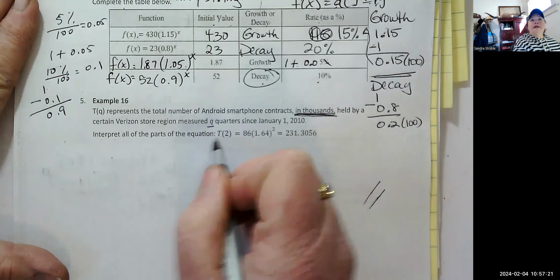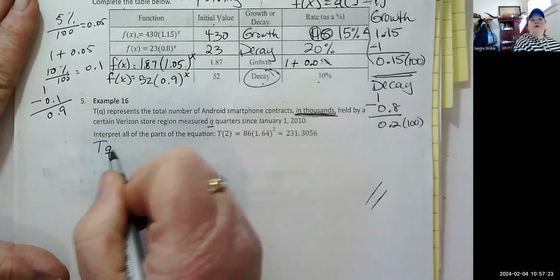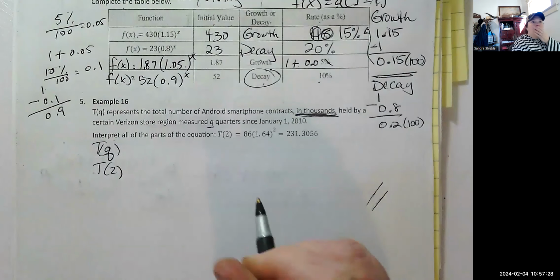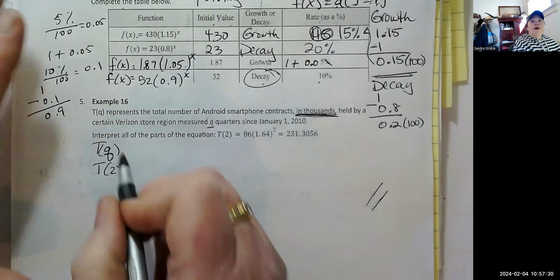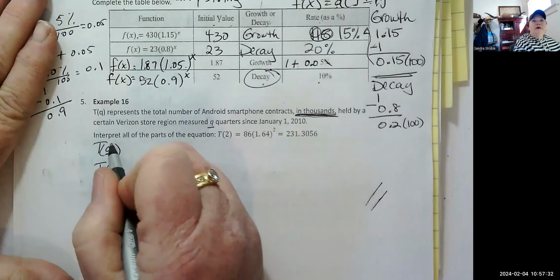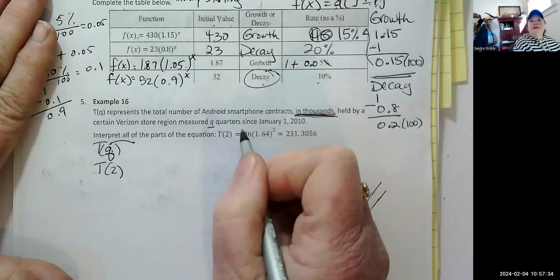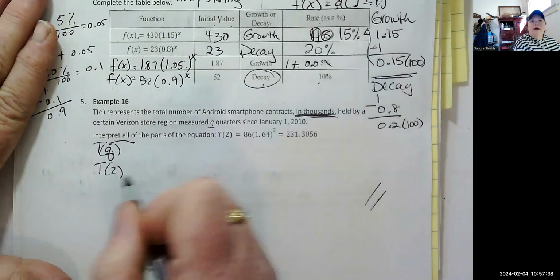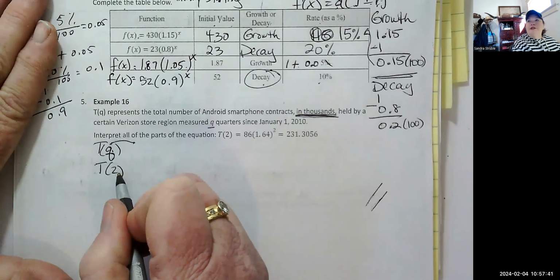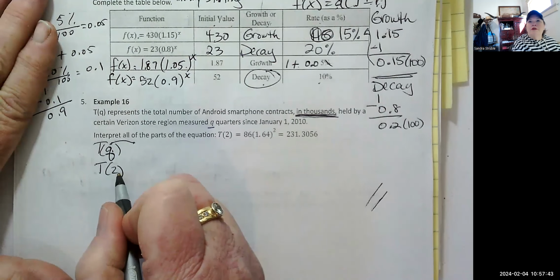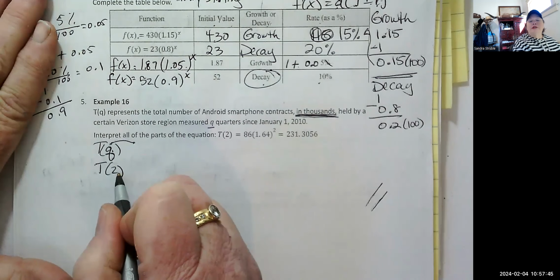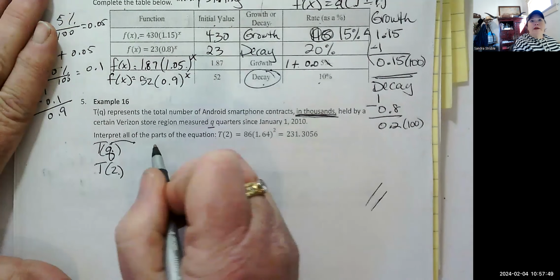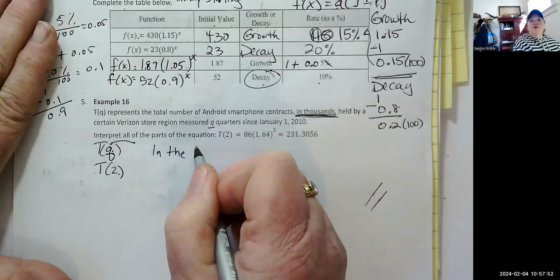So we've got T of Q, but instead we have T of 2. What does that mean to begin with? Well, Q is the quarters since January 1st, 2010. And this is 2. So this is the second quarter since January 1st, 2010. So in the second quarter,